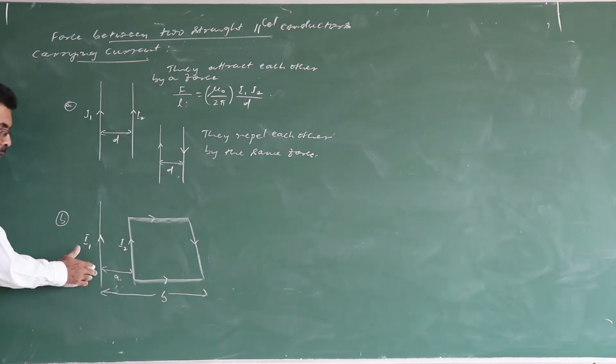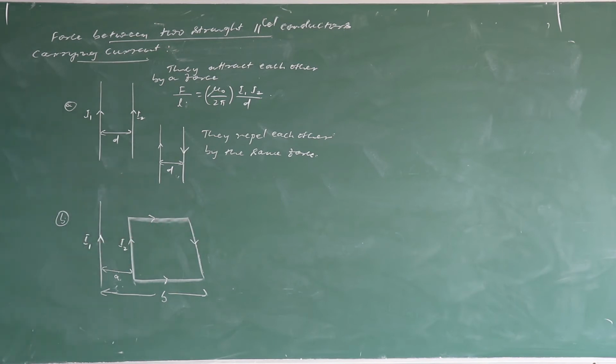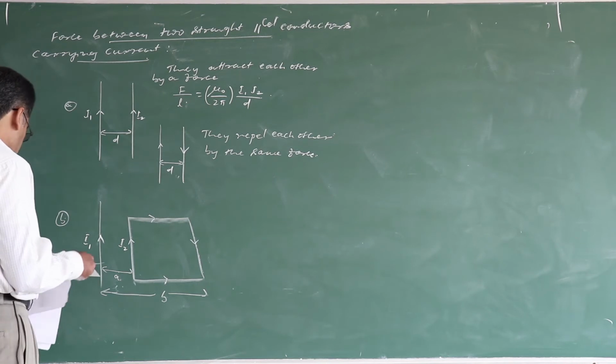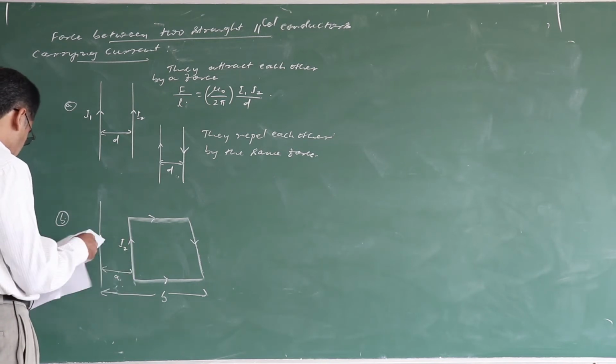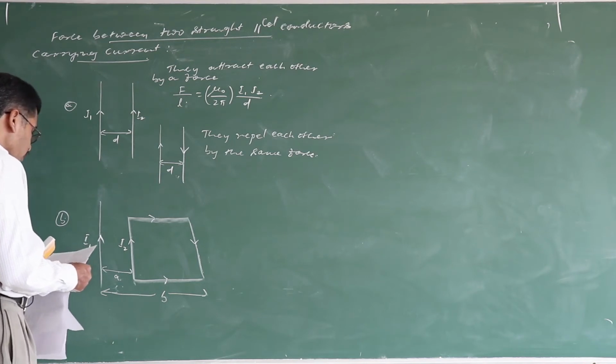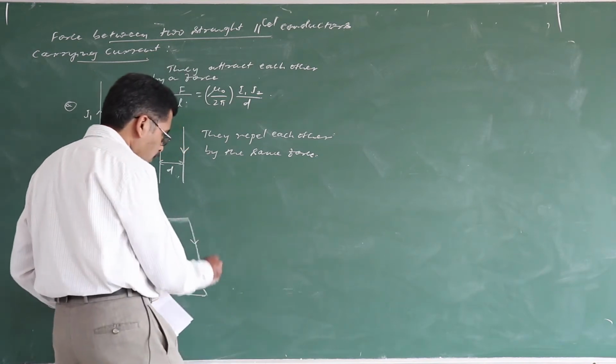Here these two attract each other while these two repel each other. Therefore, what is the net force acting on it? The net force experienced by it, the force on the loop, is given by